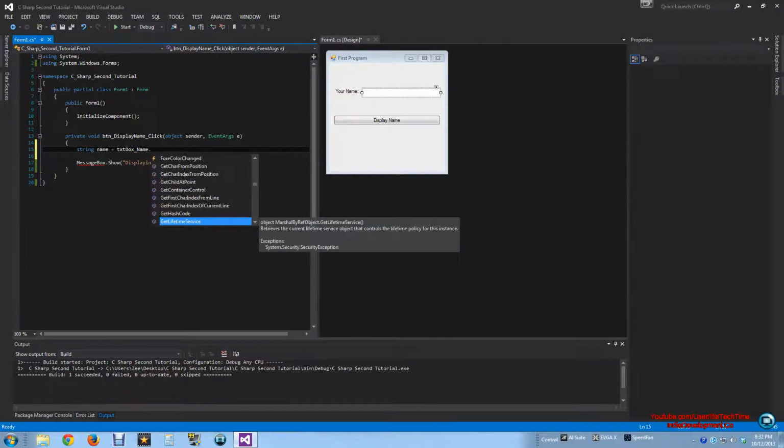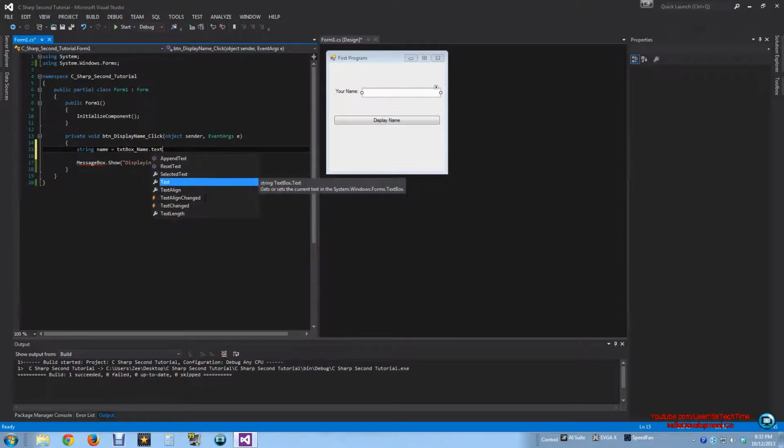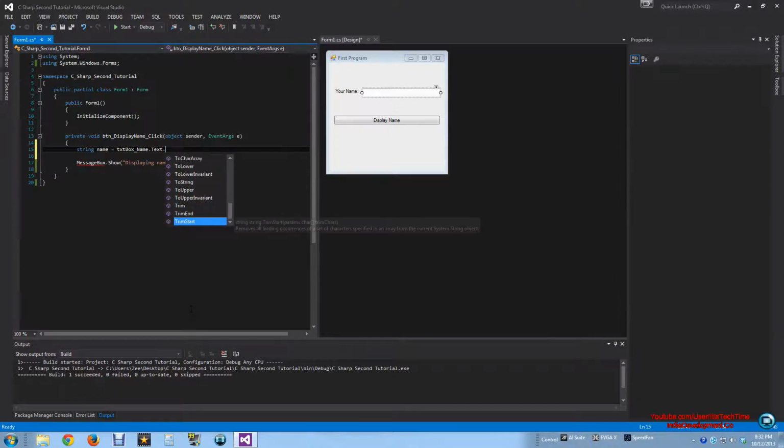But instead of doing that, I'll make your life easier by saying type text. You see this text? It actually gets or sets the current text inside the text box. So double click it, dot. You can clone it, you can compare it, you see what it contains. You can see everything inside it. This is just a simple